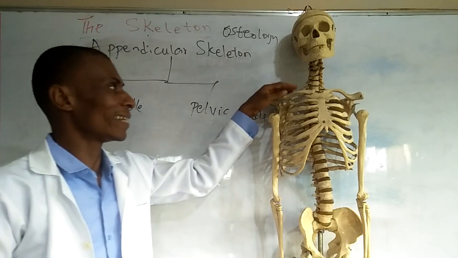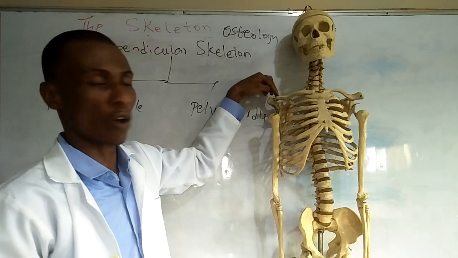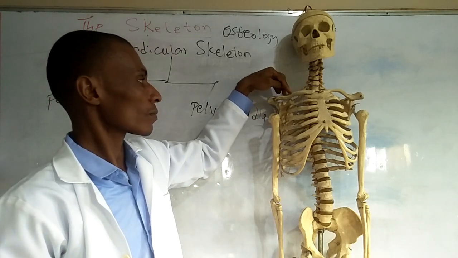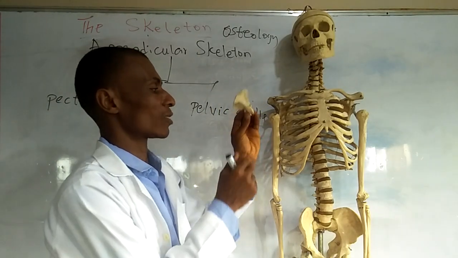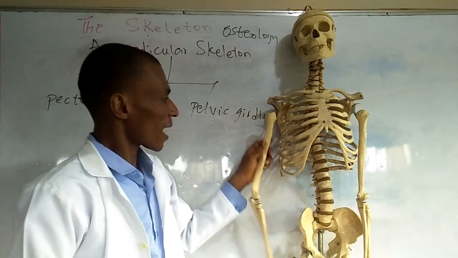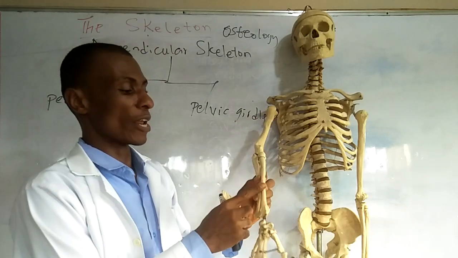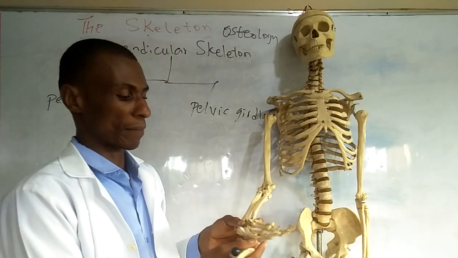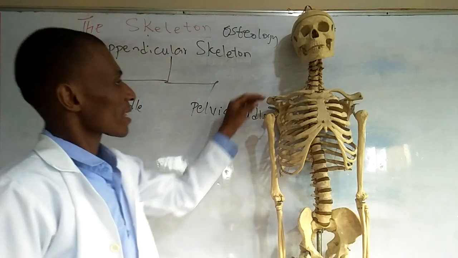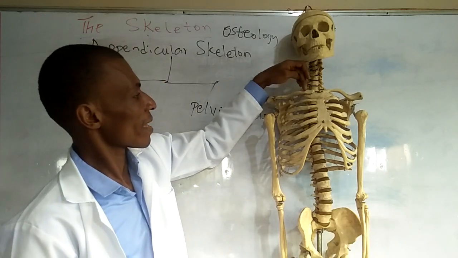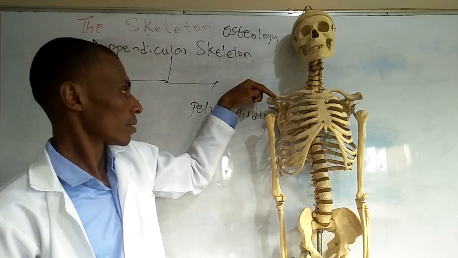The bones of the pectoral girdle, here we have the clavicle, also known as the collarbone or the shoulder bone. Then we also have here the shoulder blade, which is here. A detached one is here. We also have the humerus. We have the ulna, the larger one, and the radius here, respectively, attached to the palms here, the phalanges, and the rest. You see, the collarbone here has a connection with the sternum and also with the coracoid process of